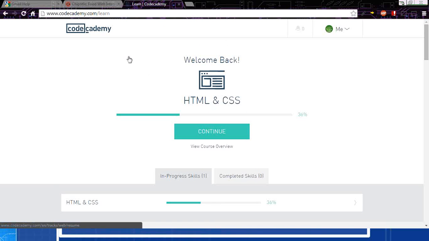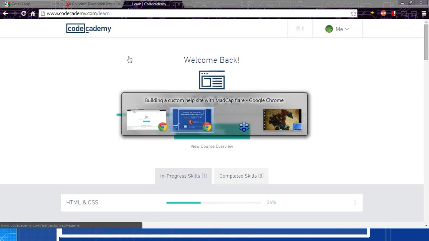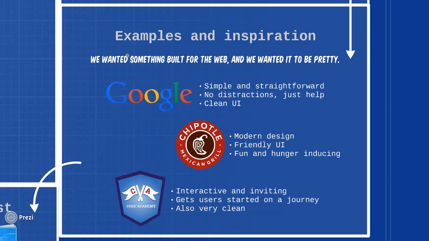So these are some of the inspirations we took, and again, I wanted to show them to you because I wanted to impress the idea that you don't need to just look at knowledge bases. In fact, you shouldn't. Any delivery method that's good will work for a help site, probably, with some tweaks.